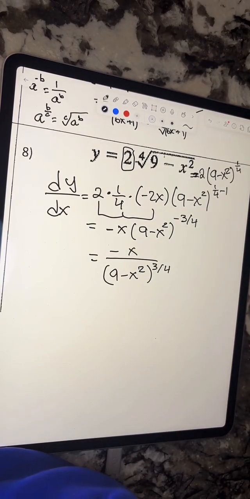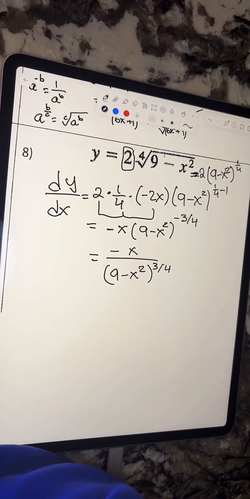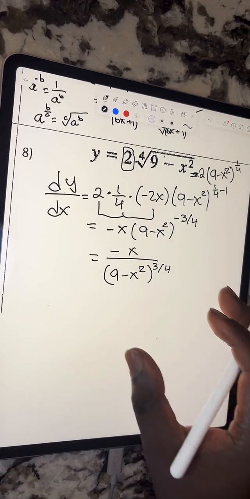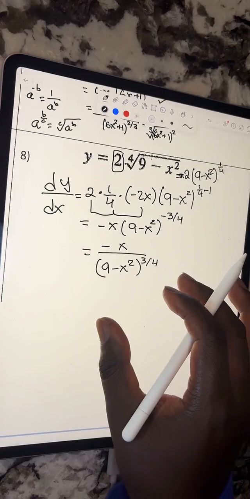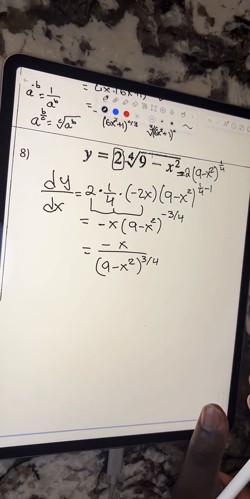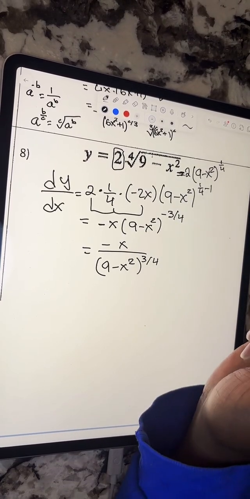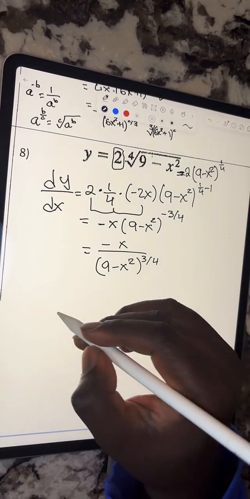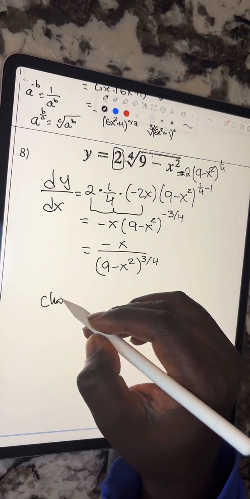Are we all on the same page, guys? You guys agree with me? That's one approach, right? That's one approach. Or the other approach would have been using the chain rule. Let me finish this first, and I'm going to go back to question 7. Using the chain rule, if I want to use the chain rule here,